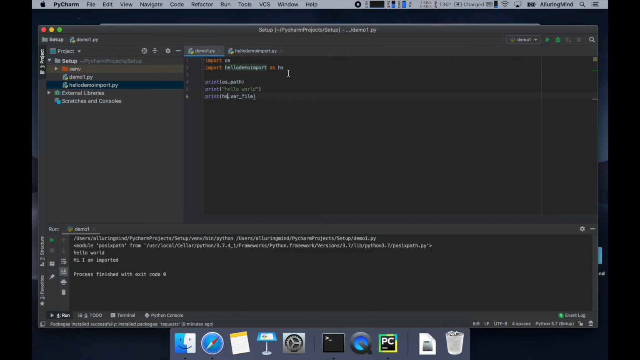On a final note, we can also directly import a variable within our file without importing the rest of its contents by doing the following. Instead of writing out import hello demo import as hs, we can write from hello demo import and then the variable name. And just like that, we can simply print out the variable name